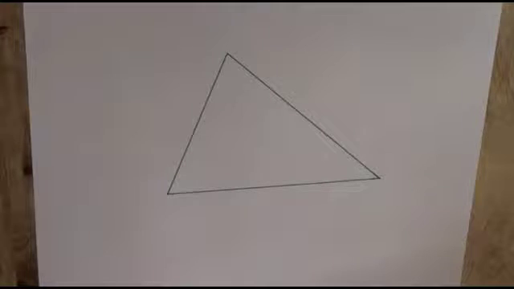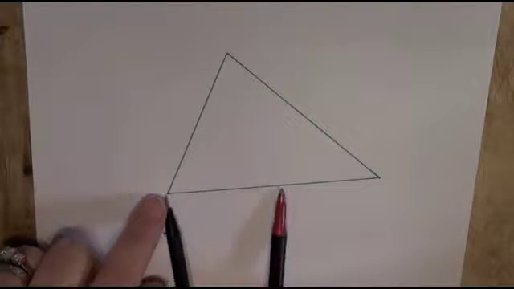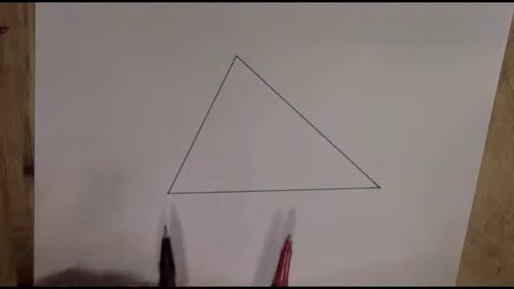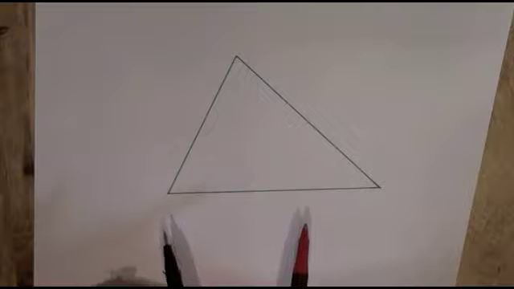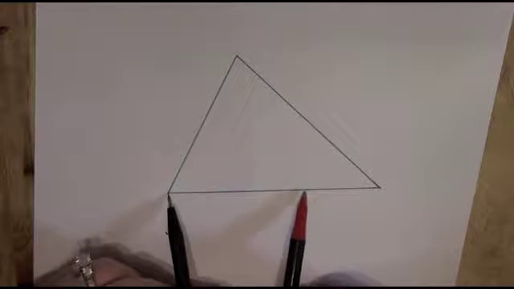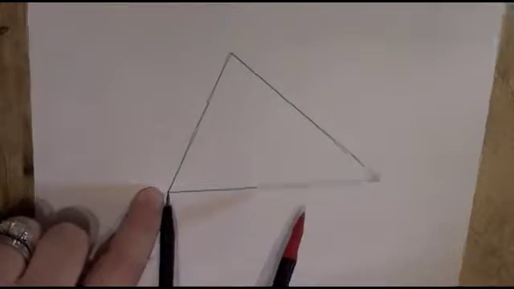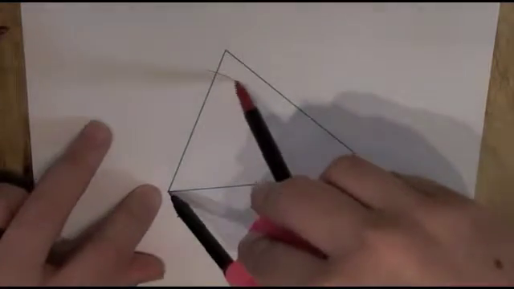So one thing I'm going to do to help out in the construction is I'm going to construct each perpendicular bisector in a different color so that I can keep track of which lines and arcs were created from which corners. So to create the first perpendicular bisector, let's just do the bottom side of the triangle first. It doesn't particularly matter which one you start with, but to construct the perpendicular bisector, you put the center of the compass, that's the pointy part, on one end point. And you draw an arc,